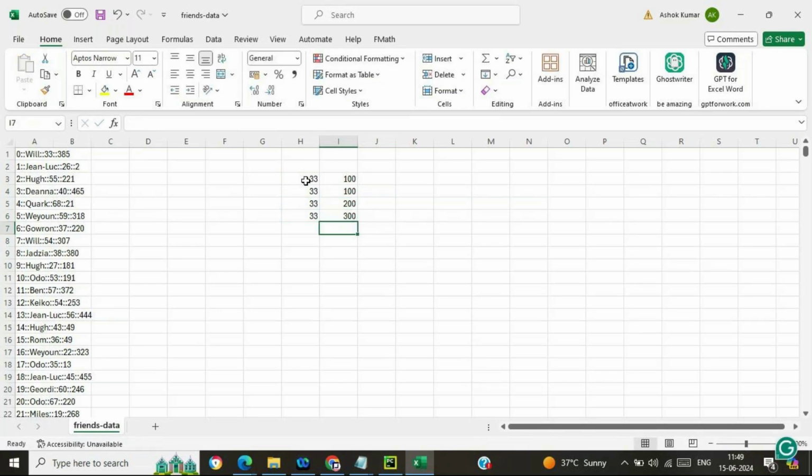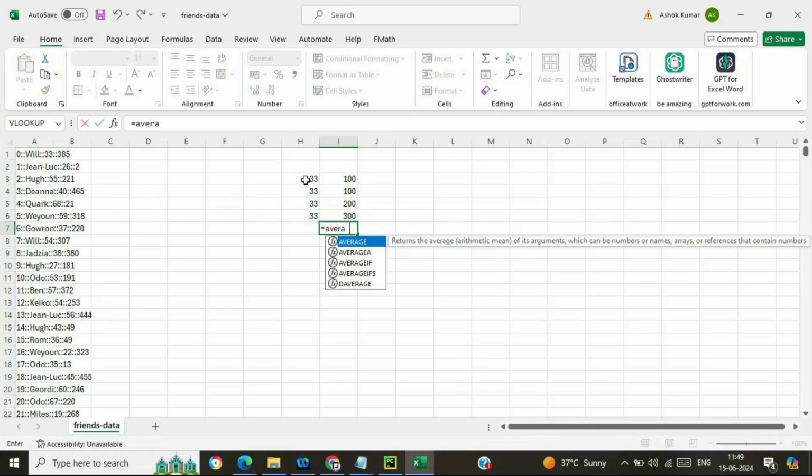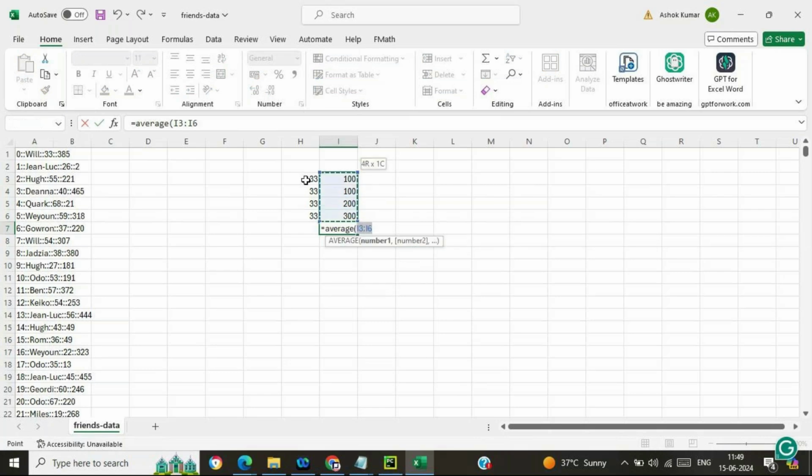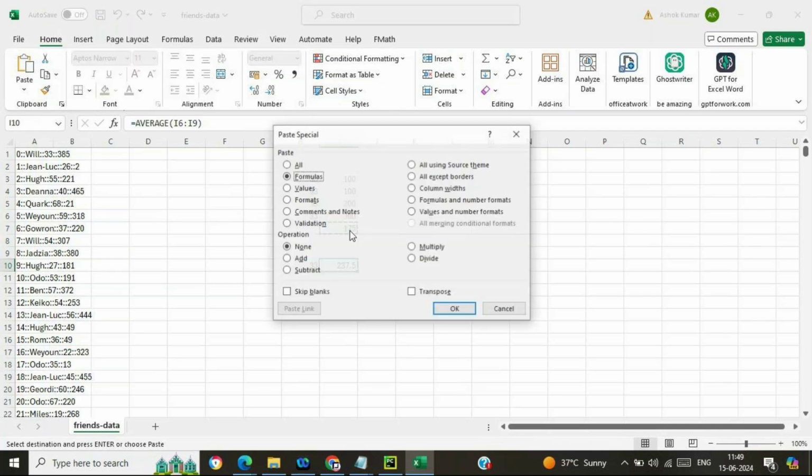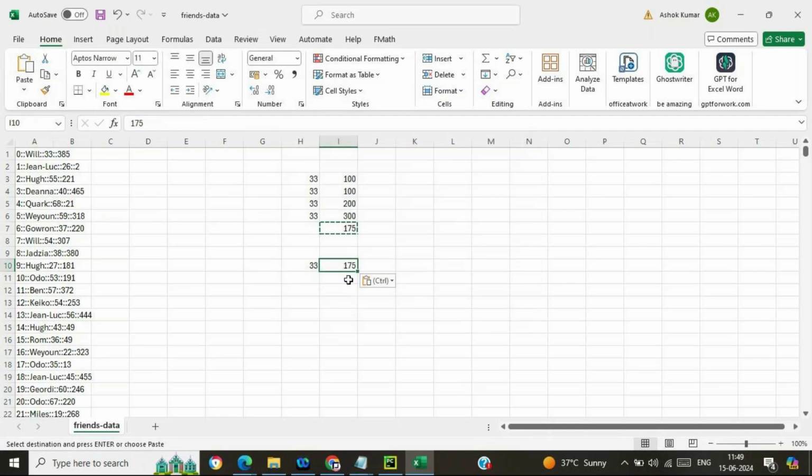What will the average be? The average will be 175. So what I want in output is the average number of followers or friends with respect to age 33. This is the expectation from this particular data set.